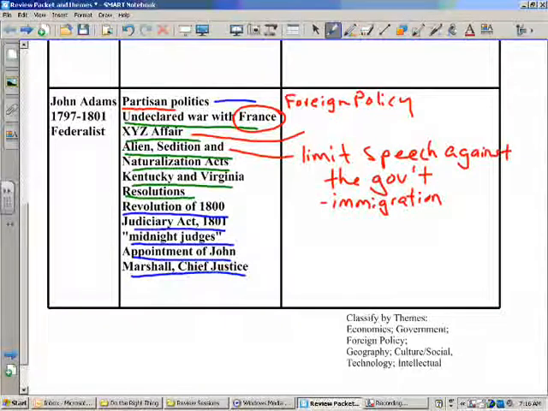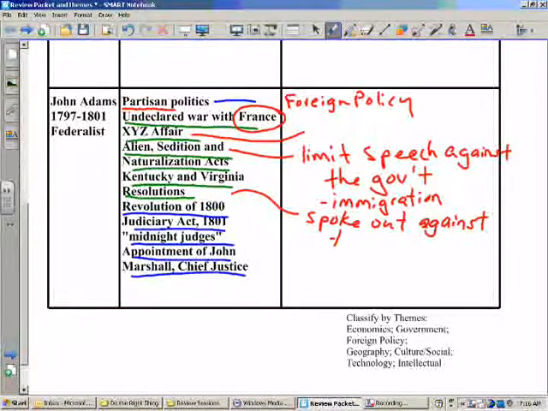And they wrote, and then were able to have the states of Kentucky and Virginia pass 2 resolutions that spoke out against the Sedition Act, arguing that it violated the Constitution, arguing that it was an overstepping of the bounds, and specifically arguing that a state could